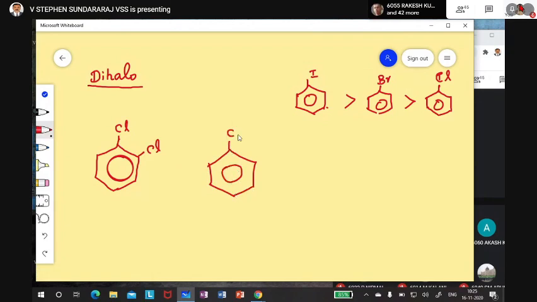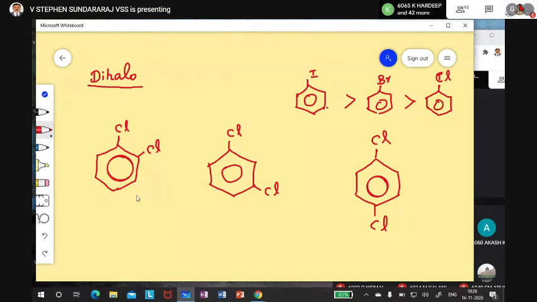Now I am coming to the isomers. Here they are not isomers, as there is a molecular mass difference and it is decided by that. These are all isomers with the same molecular mass. Now you start writing the answer. If you can answer me, write it down. This is the first one, this is the second one, this is the third one. Now write down the boiling point order, in increasing order.